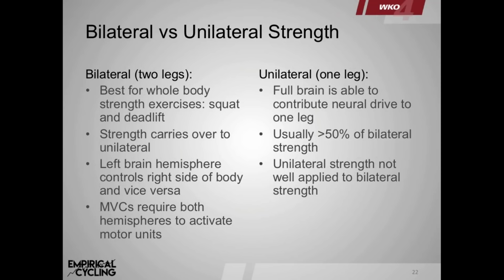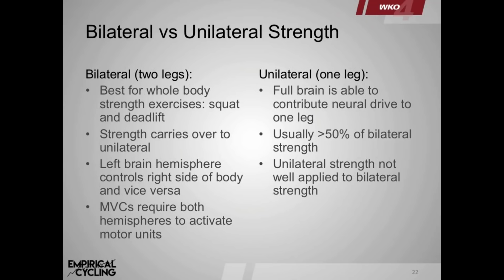So if you're contracting your right leg, you're doing a one-leg trap bar deadlift, a very heavy one, you get all of your left brain sending signals to your right leg, but you also get some of your right brain sending signals to that leg. So by increasing the neural drive, you can actually get greater than 50% of your bilateral strength. And this is known as the bilateral deficit. It's a pretty well-recognized phenomenon, and it's my opinion. I don't have any evidence for this, but just in my experience as a cycling coach and as a strength and conditioning coach,